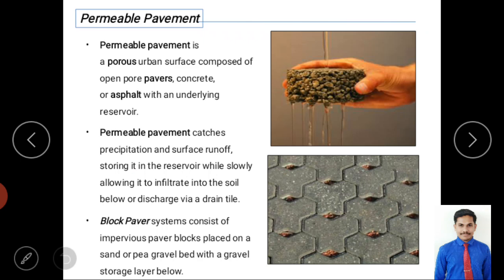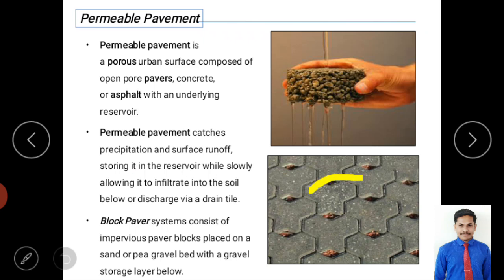This kind of structure we can provide where we have a parking area, with less wheel load impact. So there we can provide these kinds of structures. We are maintaining good condition as well as allowing the infiltration of water through the pores, right?